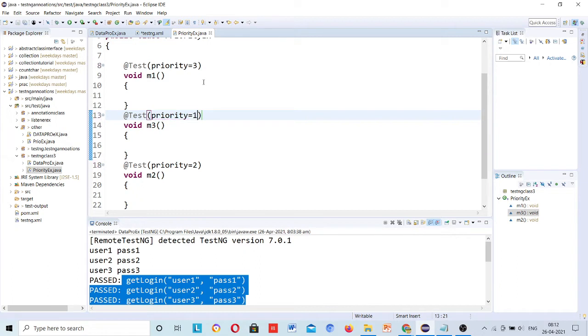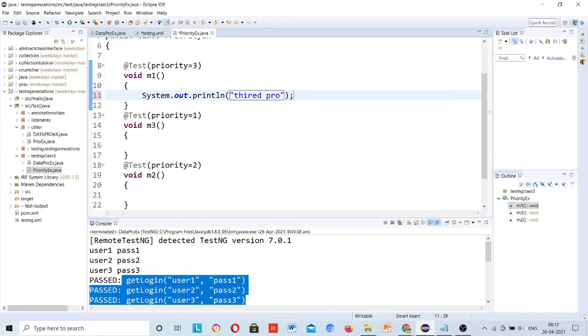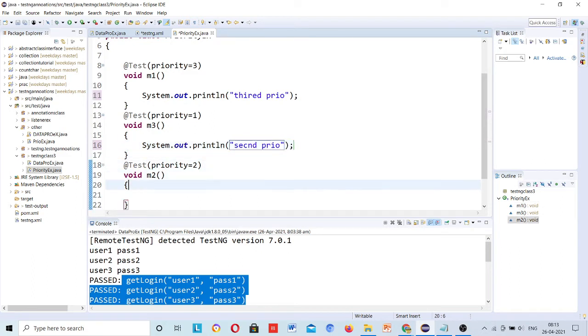So this way I will give the priority, and here third priority. Okay, and here second priority, and this is first priority.